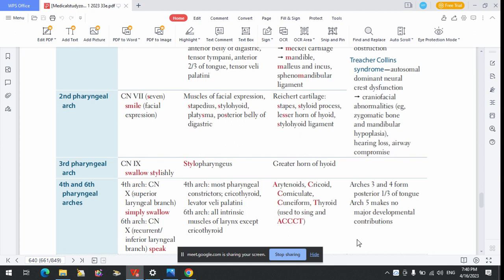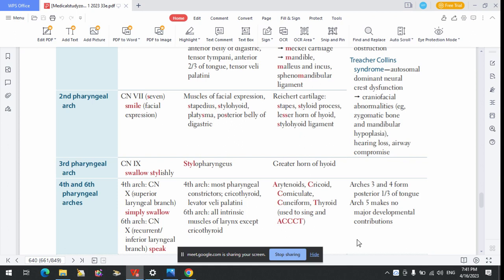So we have the fourth and the sixth arch. The one that we remember first of all is the sixth arch, which is the recurrent laryngeal or the inferior laryngeal nerve, and they supply most of the larynx except the cricothyroid, right? Yeah, except the cricothyroid. And then the fourth one is the superior laryngeal nerve, and that's supplying like